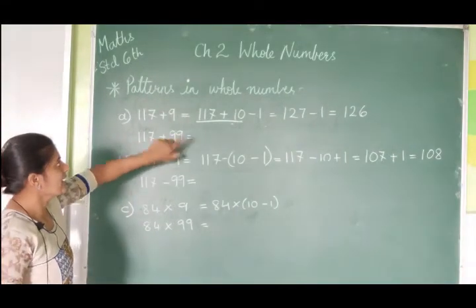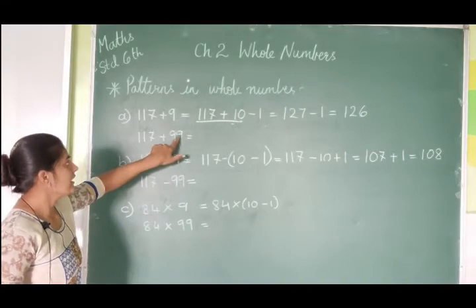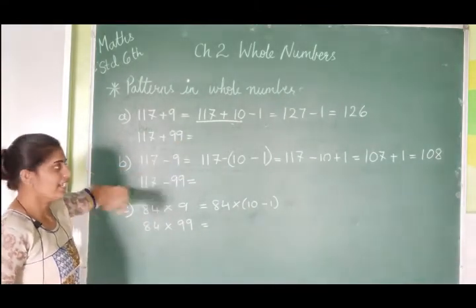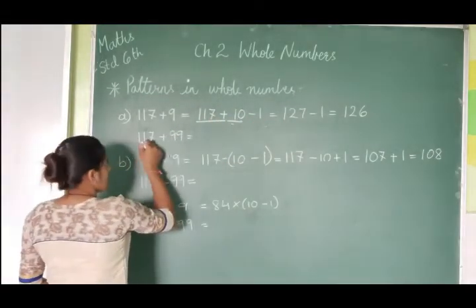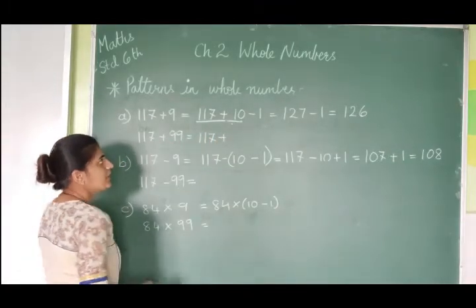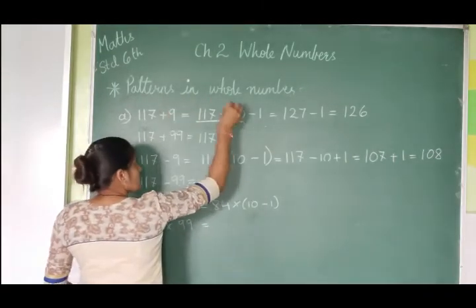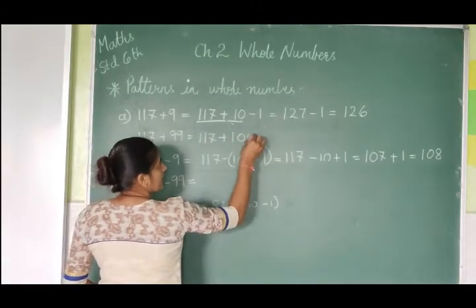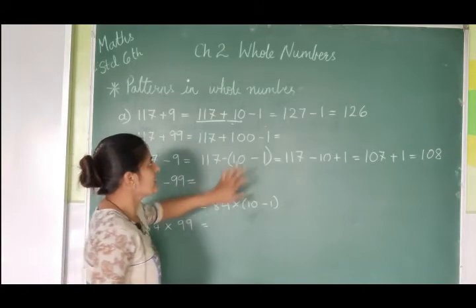107 plus 99. Now 9 was there over here, and here we have again written 9, so with that 9 we are getting 99. Now what changes do we have to make according to these steps? Let us see. 107 plus 99 can be written as 107 plus 100 minus 1. So here it was 9, so here it was 10. Here it will be 99, then here it will be 100 minus 1. Now 107 plus 100, the answer will be